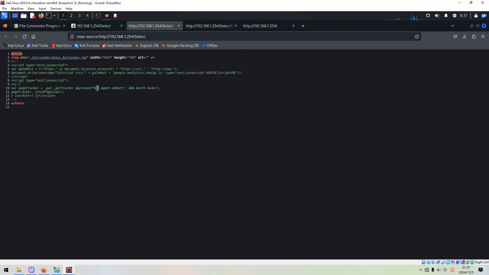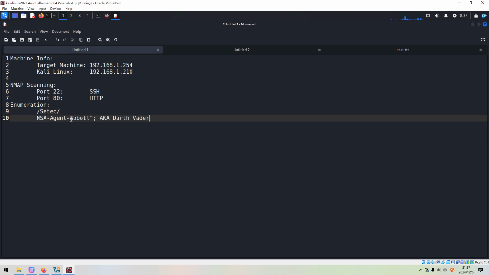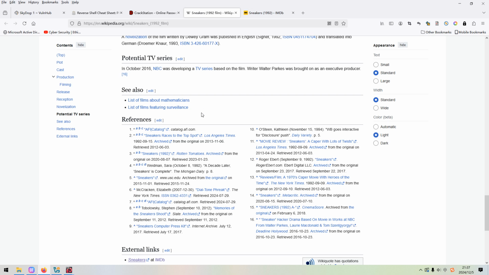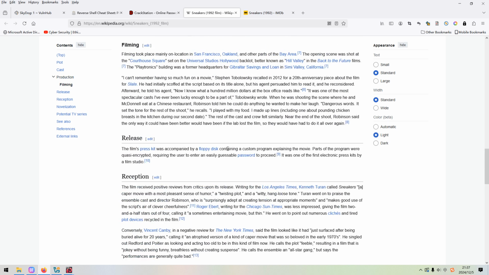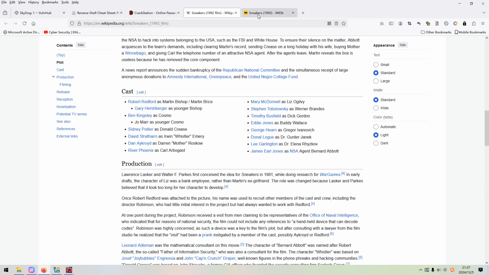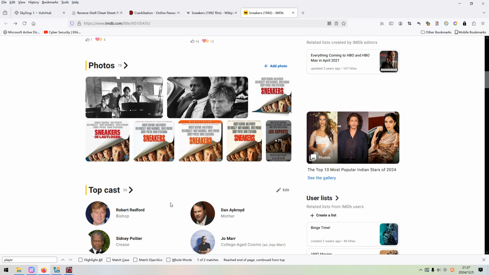For example, this one we can copy and paste over here. So I think if you use this as a keyword to Google or to search, you will be redirected to this link, wiki. And this information has something to do with the film Sneakers.